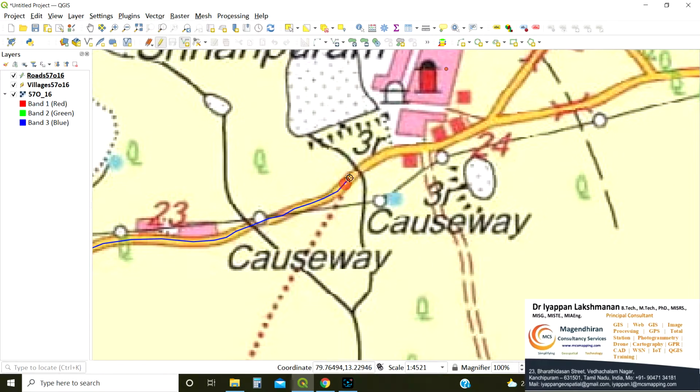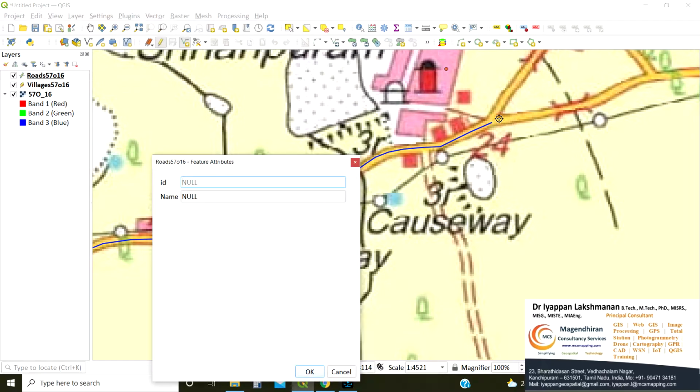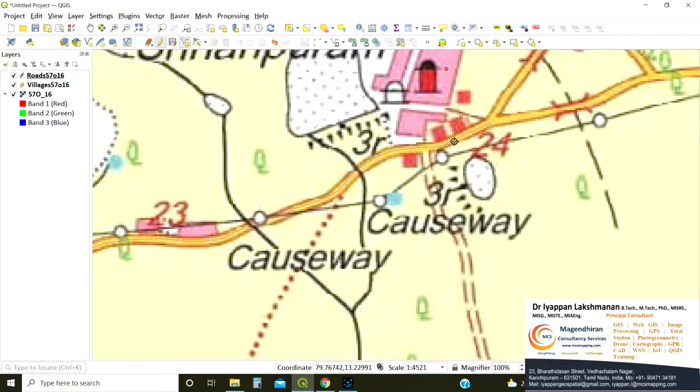Then only it may look like a curve. So at the end of the line, you can right click, and it will ask for the road name. So now we don't know the name. So just right click, and you can see the line.